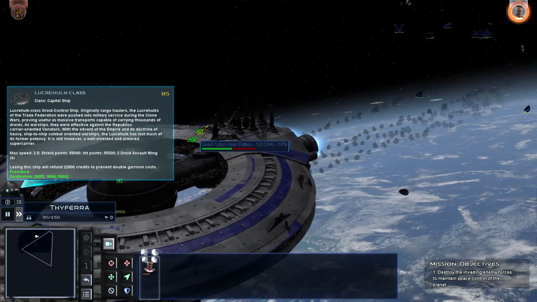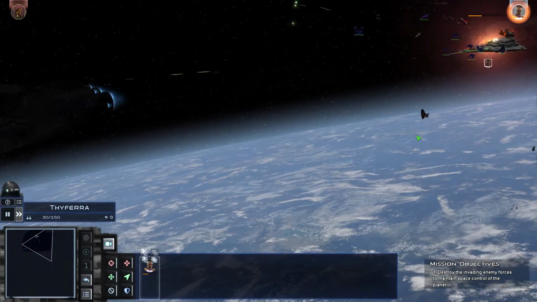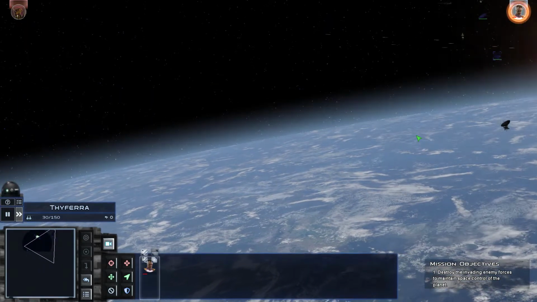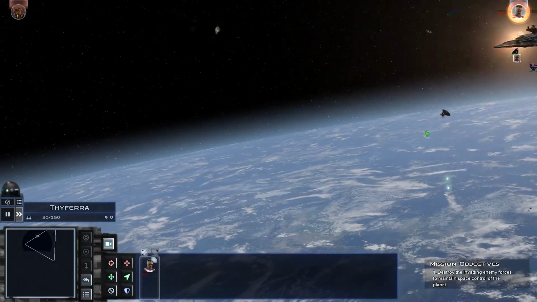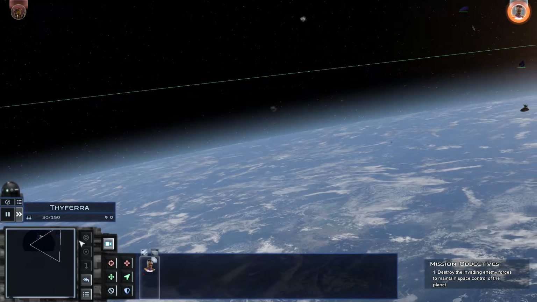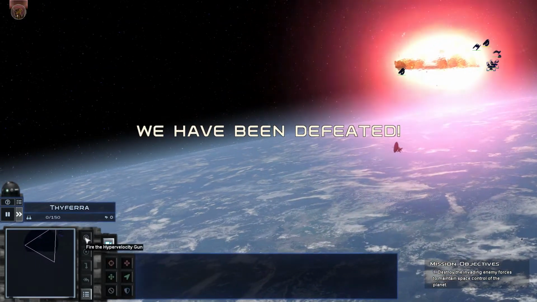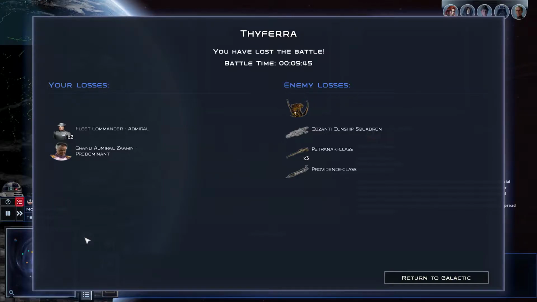I mean, you see that in the movies, don't you? Because of the superior everything, really, with the X-Wing and the Y-Wing and the A-Wings. They just run circles around TIE fighters and stuff. I mean, as soon as your TIE fighters deploy, really, they're pretty much gone. But I think we put up a pretty decent fight there. That Lucrehulk took a pounding, but